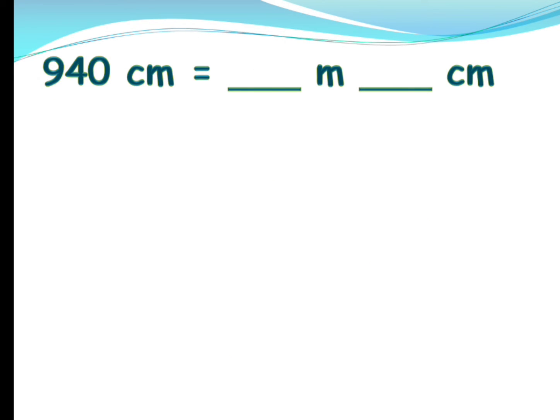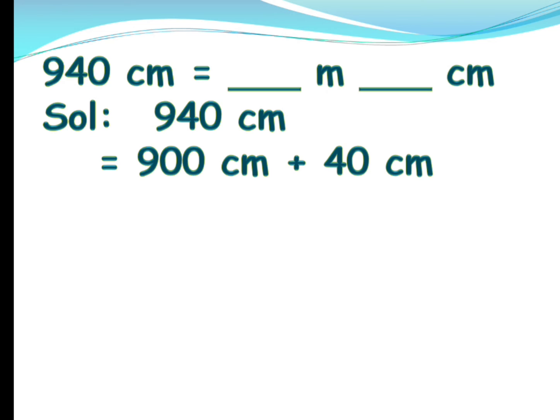Next, you have 940 centimeters, which we have to convert into meters and centimeters. Now children, for this I'll separate hundreds and tens. So 940, I'll write as 900 centimeters plus 40 centimeters, isn't it, children? I am just separating them, like writing expanded form. After writing, I'll convert the centimeters into meters. How can we convert centimeters into meters? By dividing by 100, isn't it, children? So that is what I will do here. For 900, I'll divide by 100 for converting from centimeters to meters.